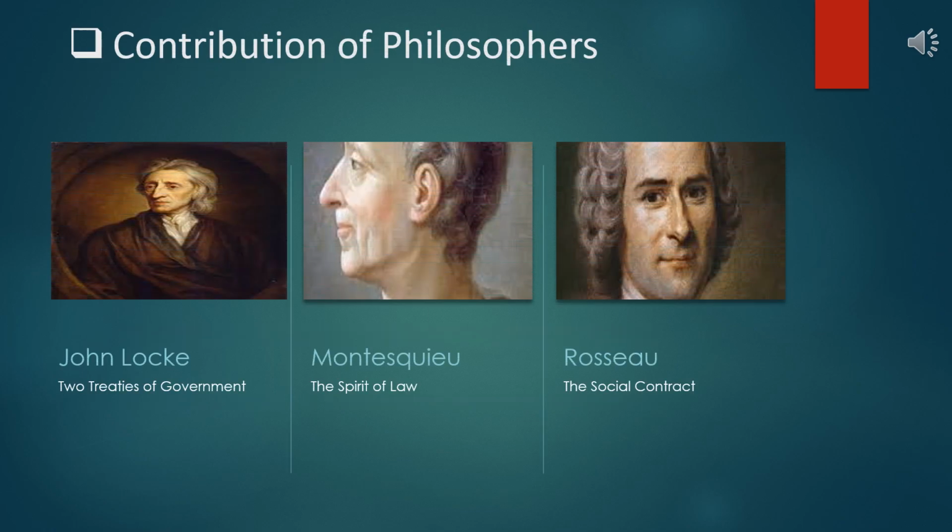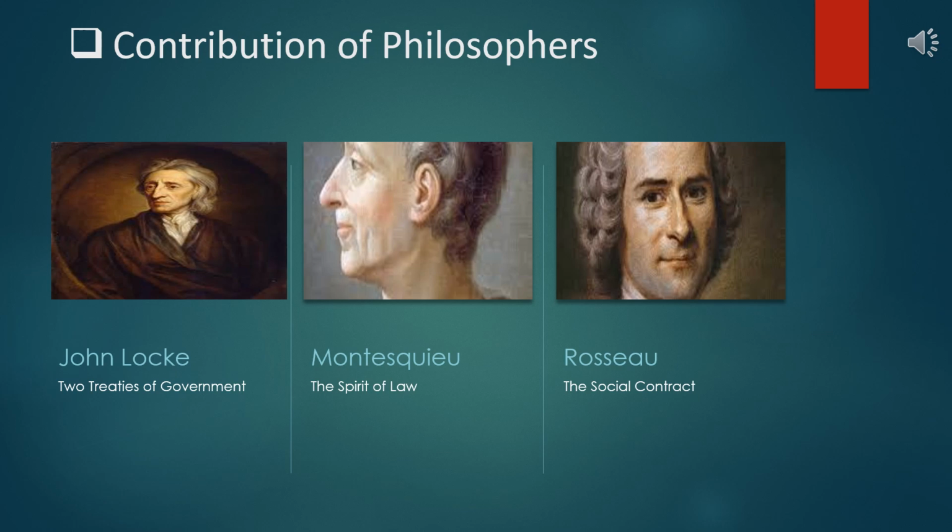Students, another important cause of French Revolution was the contribution of philosophers. See students, it must be very surprising for all of you that philosophers, yes, philosophers also played a very important role in making French Revolution successful. Not only the third estate people or the people of middle class, but a special category of people amongst the society was the philosophers, like Montesquieu, Rousseau, John Locke. They were such philosophers who started publishing the ideas of liberty, equality, and fraternity in their books.